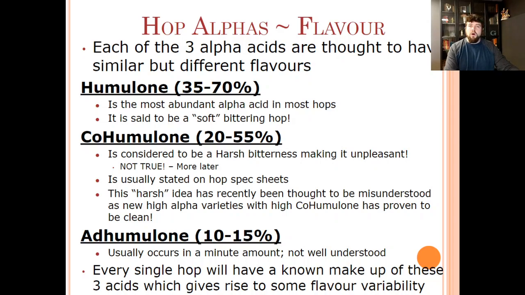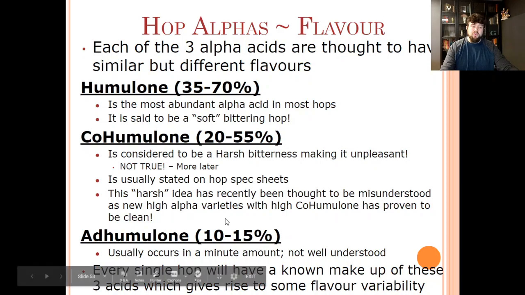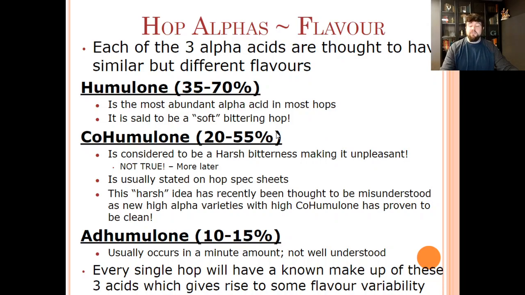Cohumulone is not more harsh or more bitter. What we actually see is cohumulone isomerizes to a much higher degree. So if I have a 35% isomerization rate, I will probably see about a 50% isomerization for cohumulone, and about 20% for humulone and adhumulone. So cohumulone just isomerizes more efficiently, which means you could just use fewer hops. You still see this given out on all readouts, but that's the reason why, because some brewers do avoid cohumulone